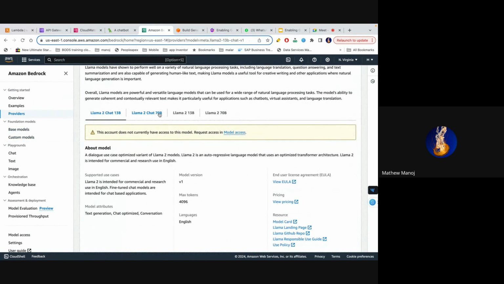When it says 70B, 13B, what does it mean? These are all just the number of parameters. So 70 billion parameters, 13 billion parameters. So this is a small model, and there is a big model.